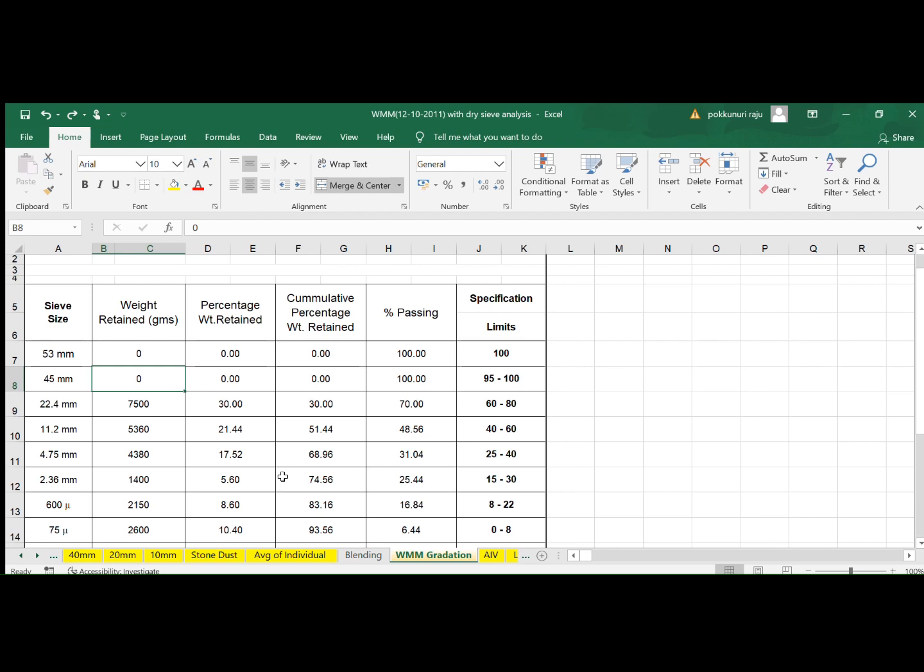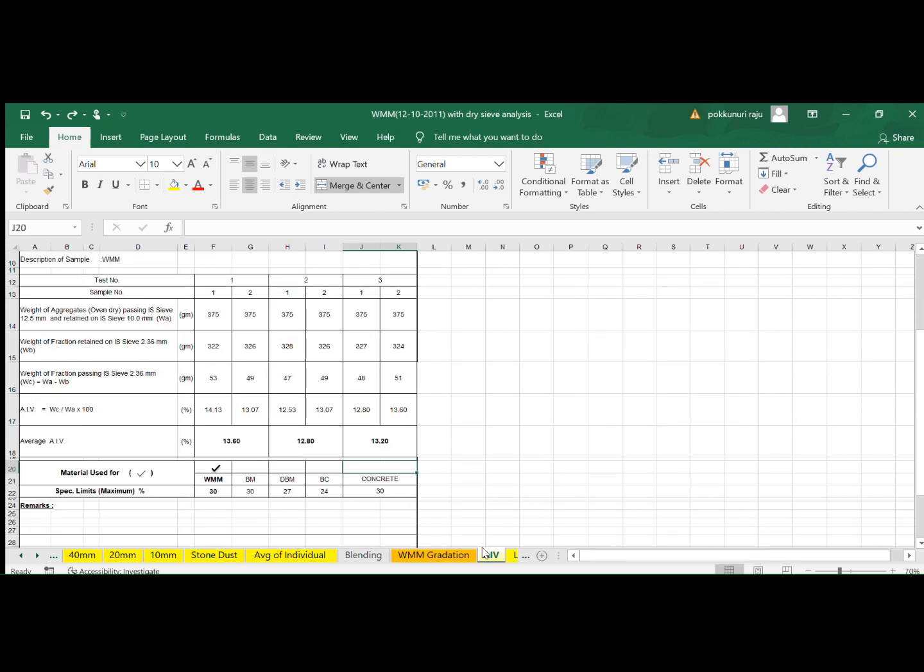Once your actual percentage of passing is in line with the theoretical percentage of passing, that means your grading is frozen for that particular type of aggregate, or for that particular source of aggregate which is being tested and found okay from the grading point of view. Once the grading is done, other properties like aggregate impact value are tested for the combination of aggregates, which gives values, say 13.6, 12.8 and 13.2 for 3 samples.